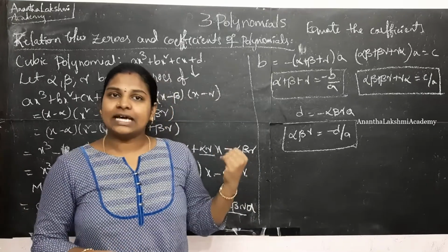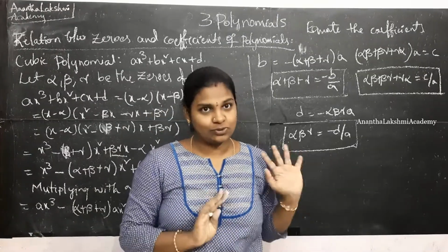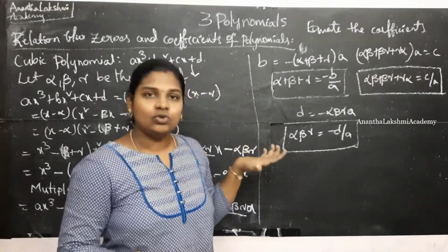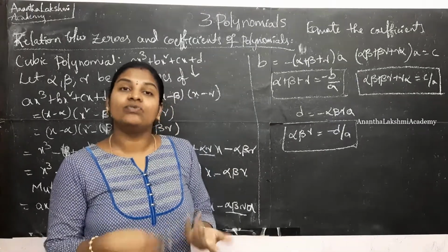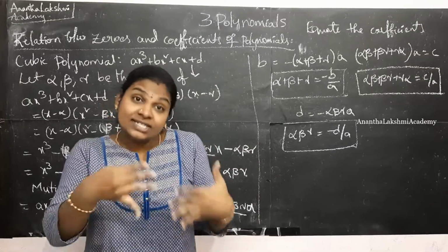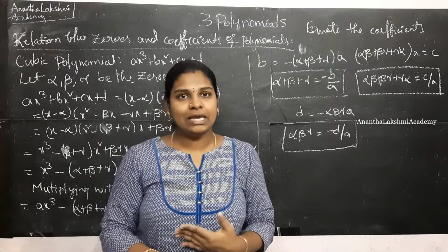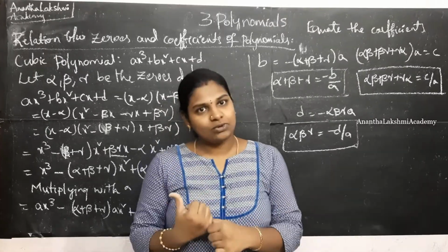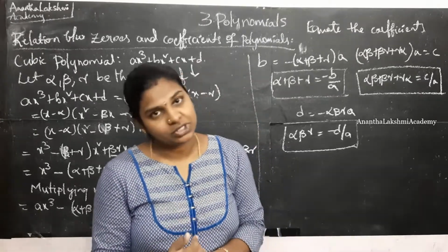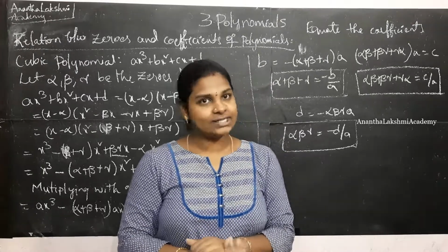So now that we are done with this conceptual part, I would strongly recommend you guys to go through the examples once you know the concept, because now that I told you how to extract zeros and how to figure out the relation between zeros and coefficients, you will get to understand, okay, this is the way the problem needs to be solved. That way the exercise problems will be more easy for you. So that is about this video for the concept of relation between zeros and coefficients of polynomial. In the next video, I'll be solving the problems of exercise 3.3.